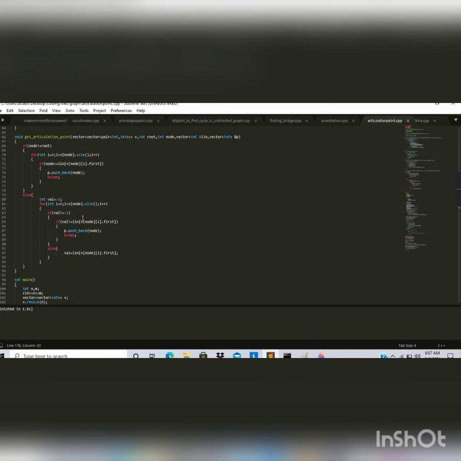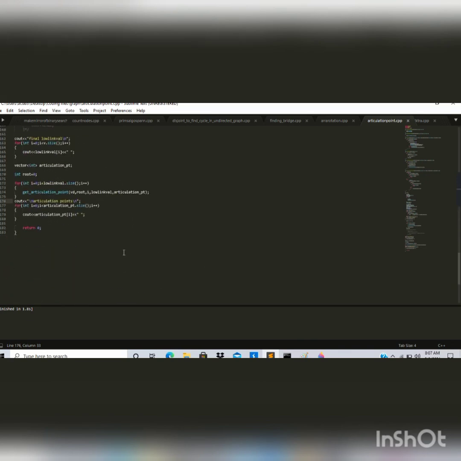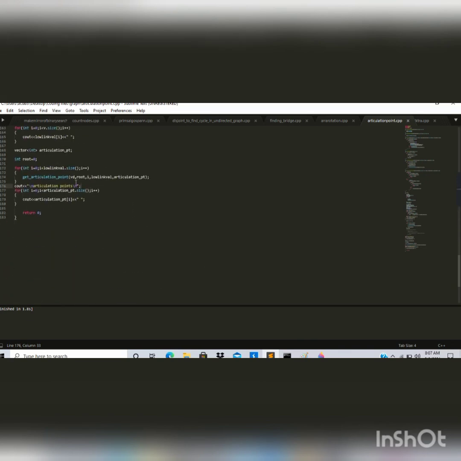If it is not, we add the root node as an articulation point. Then finally, I've printed all the articulation points with the help of a for loop.